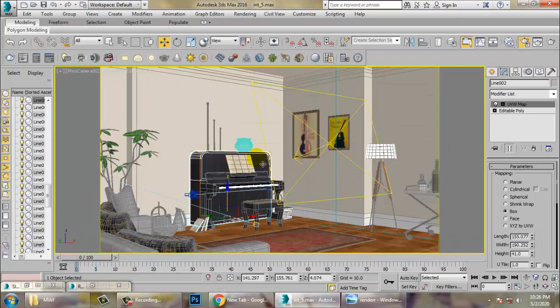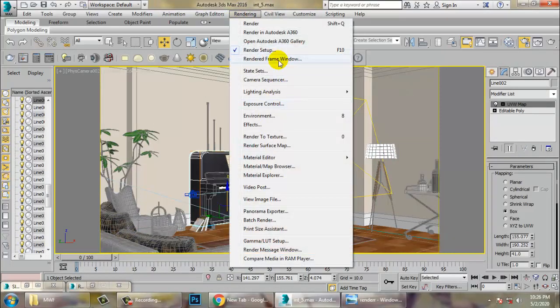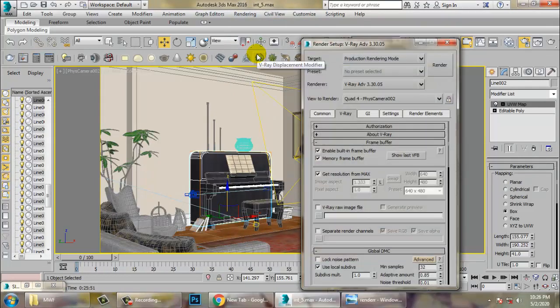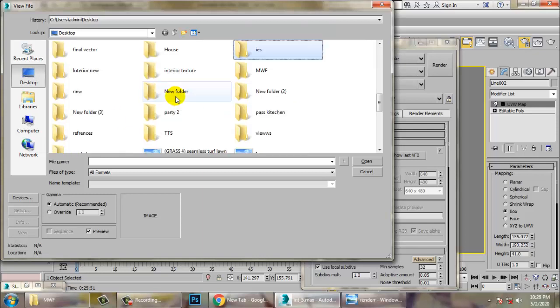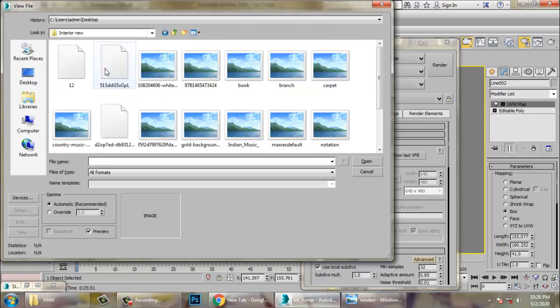So for the passes, if you want to go with the passes, you can just go into this render setup and take a few passes over here, like let me open the reference over here.